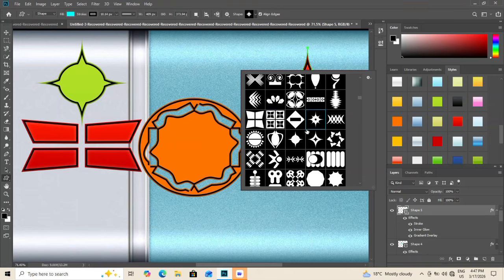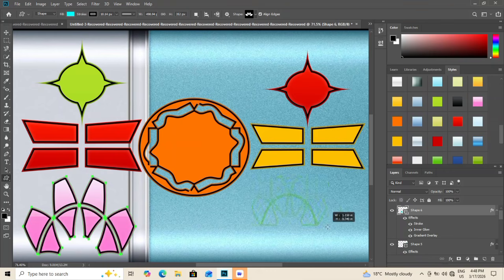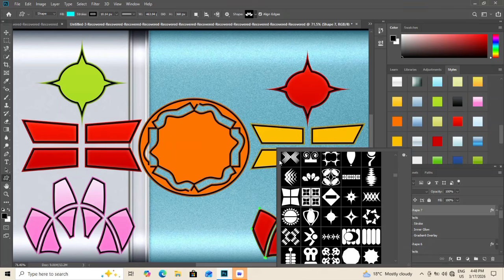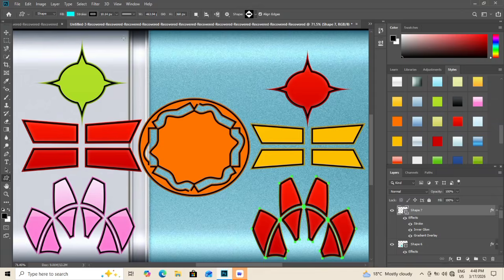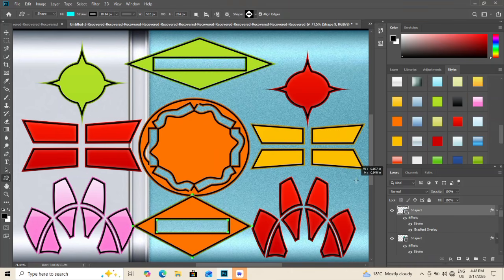Now switch to the ellipse tool and place a circle overlapping both squares using a bright contrasting color like orange, lowering opacity to around 80%. Choose the polygon tool and add a few smaller shapes placed behind the